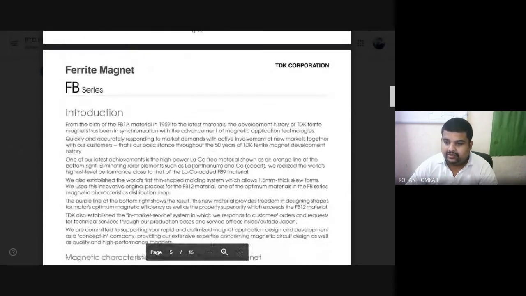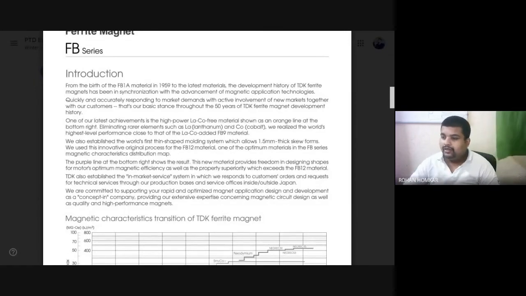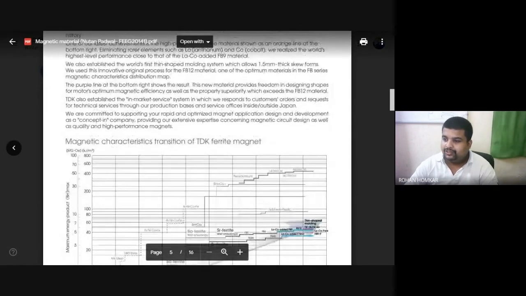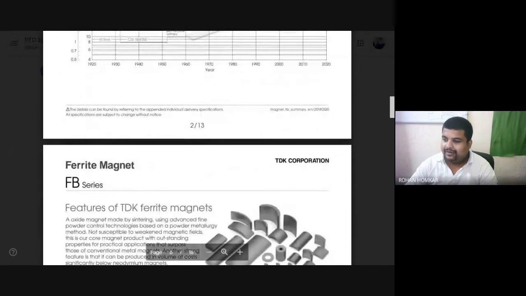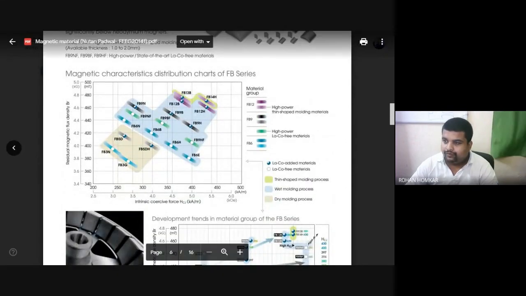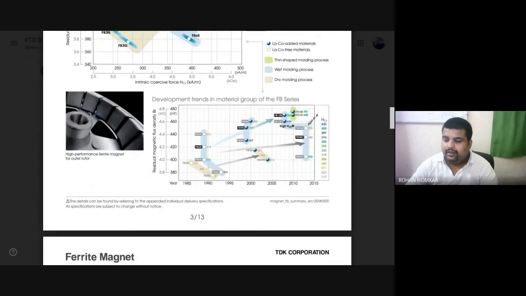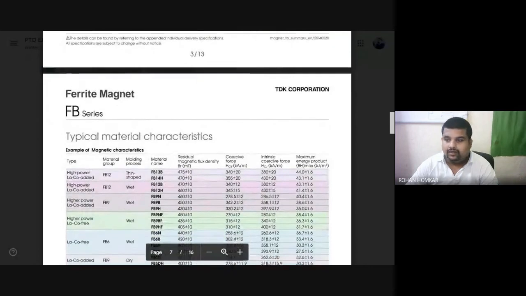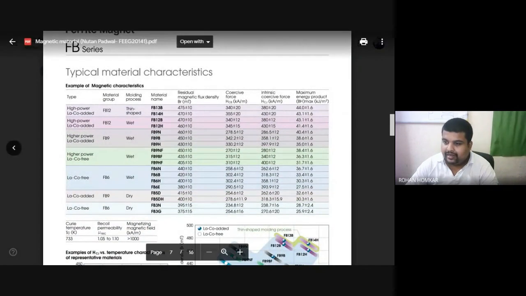All these details are there in the data sheet. The data sheet provides all the details of this magnetic material, and there is also a graph where the distribution chart of its capacity is shown. And then you can see this table where we have a different classification of the types of magnetic characteristics and their values.